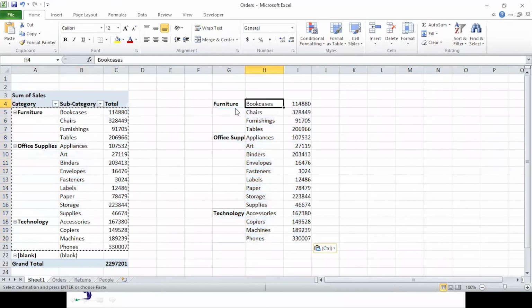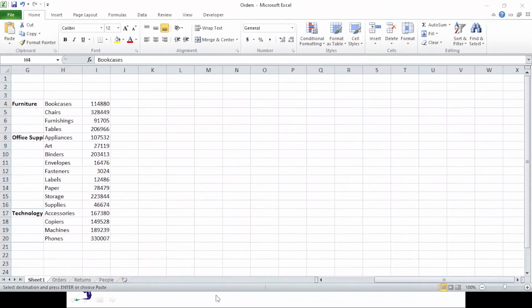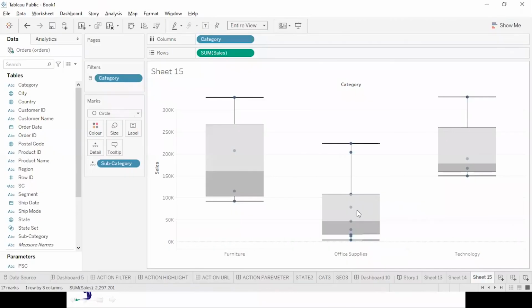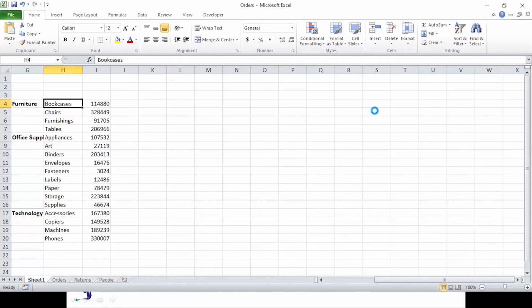Okay. Now let's take one example over here. Let us take the case of office supplies. So I will take these values over here.